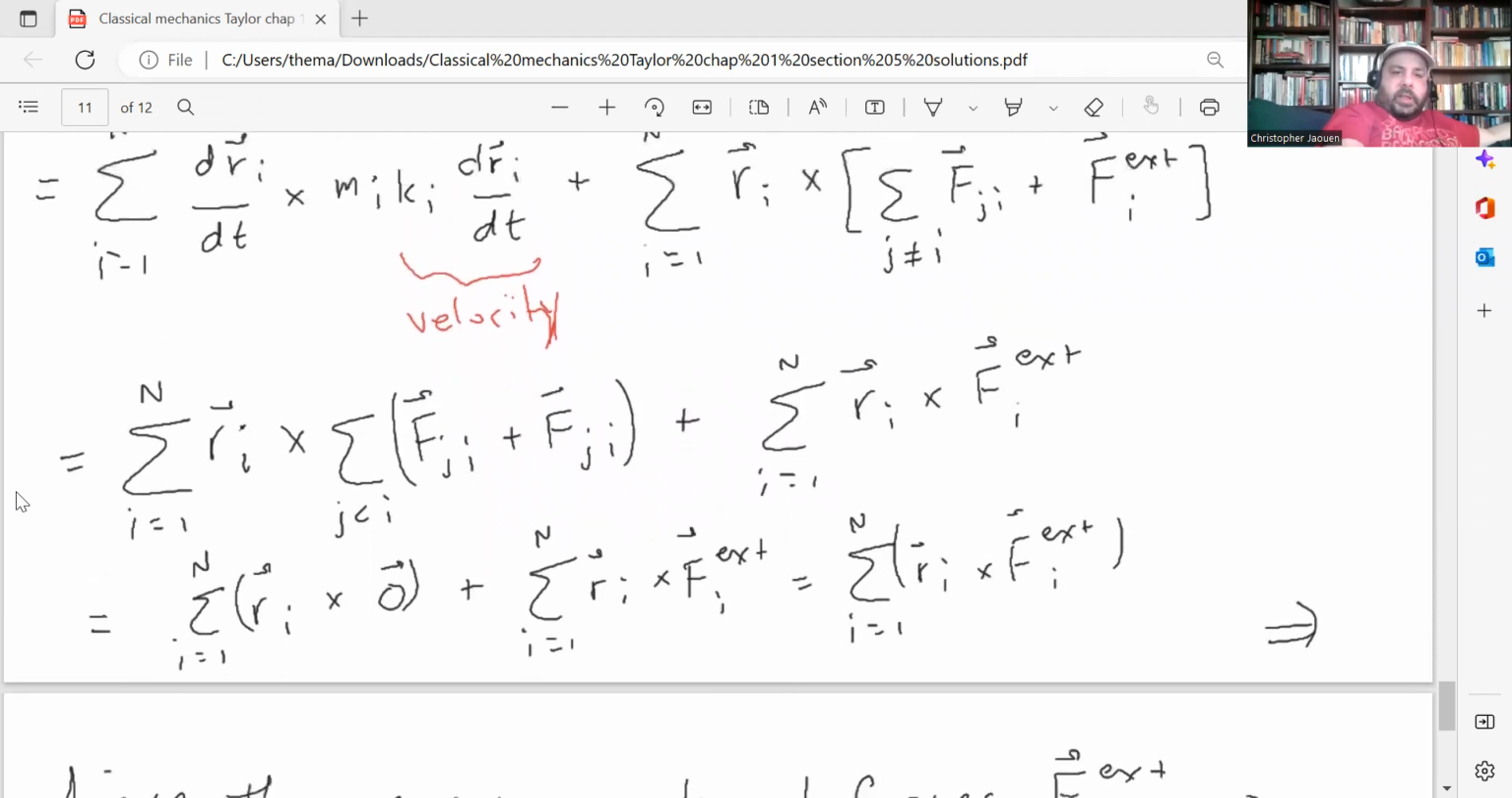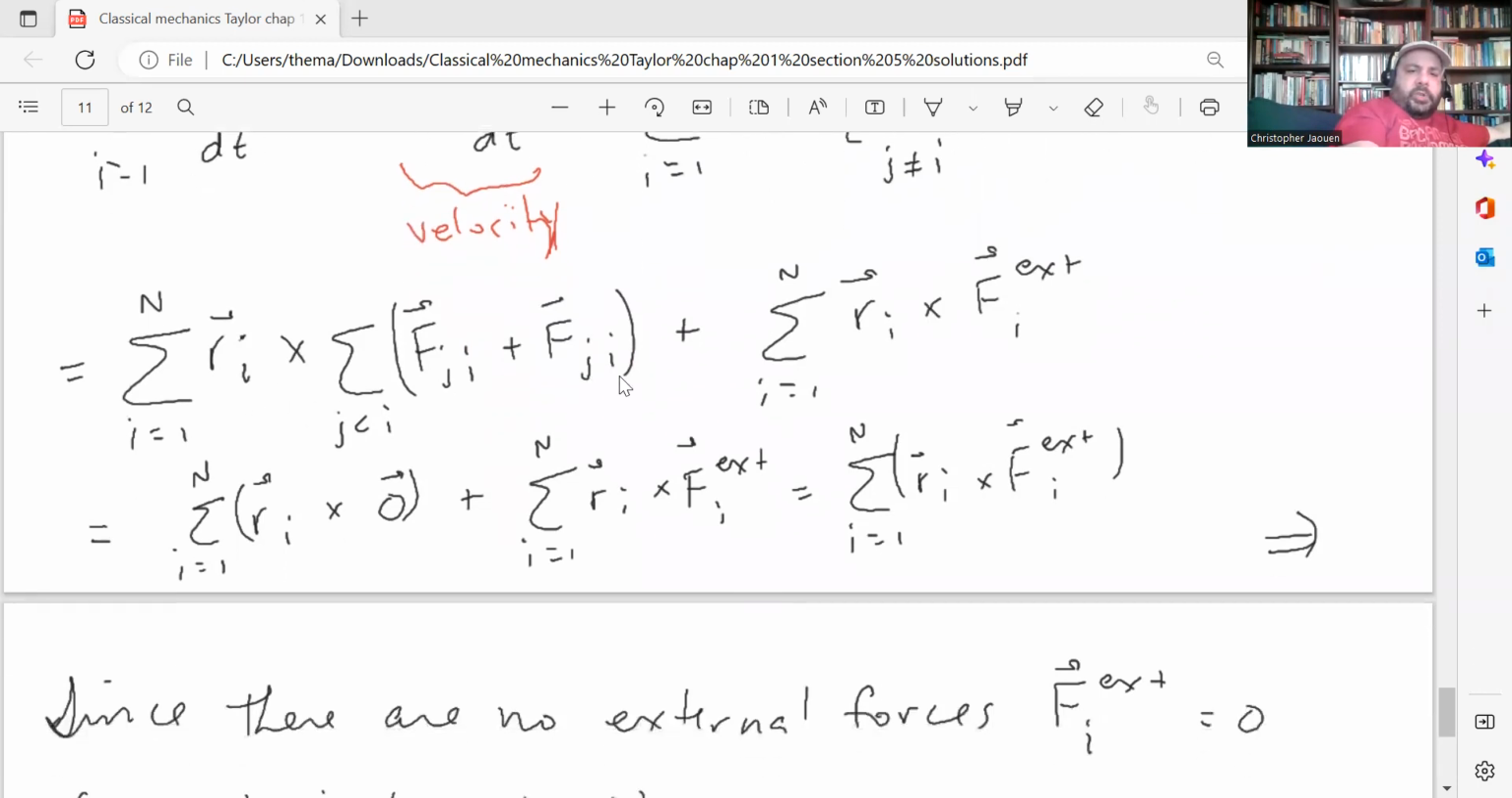Okay, and then simplifying a bit more. If you look at this cross product, because the forces are, what did he say? They're central, right? You get this for the velocity here. The cross product of these is 0. So you end up with just this cross product, the sum of these cross products here, plus this, and then